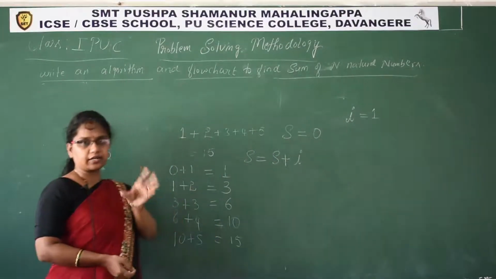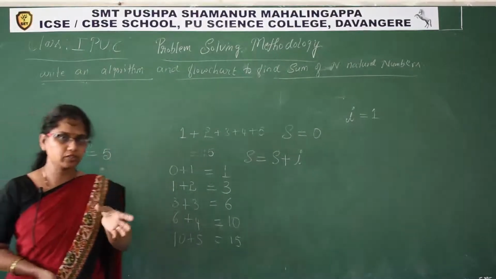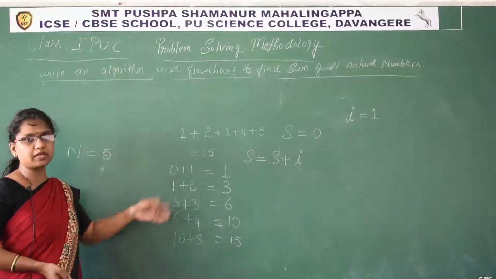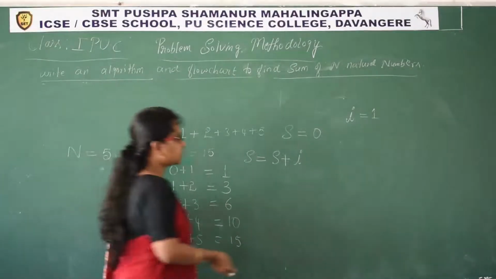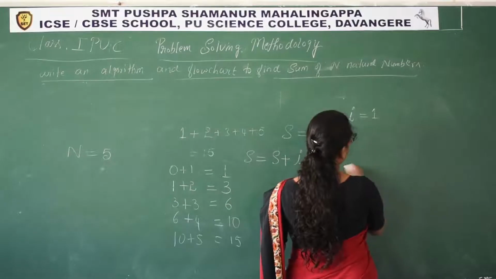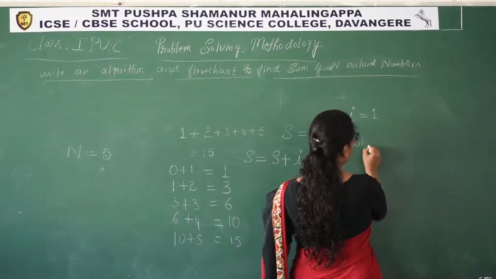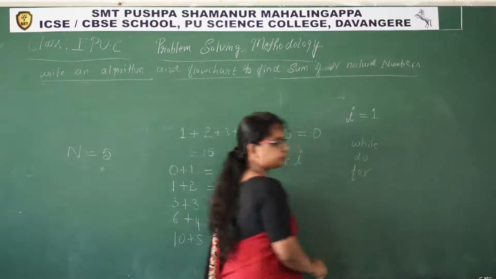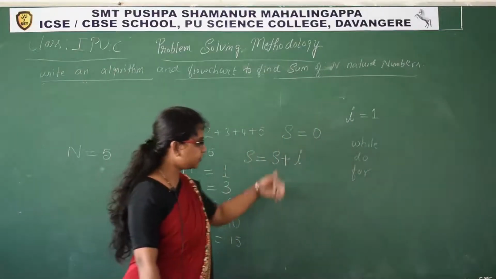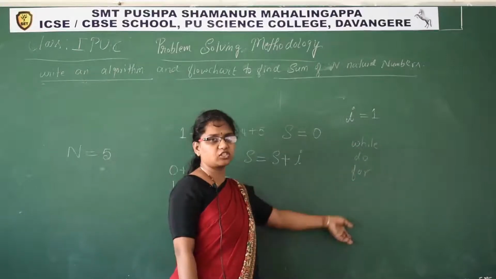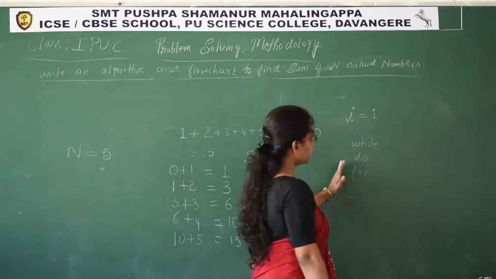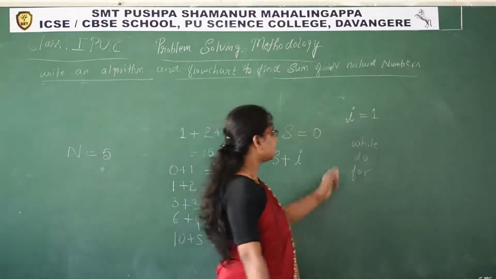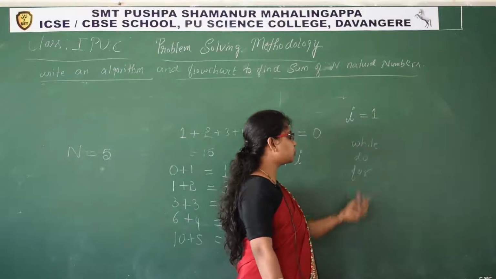So there is a construct in the programming language. Here in the algorithm we should use the same construct. What is that construct? Looping statements. There are 3 looping statements: while loop, do while and for statements. So further we will discuss in detail in the upcoming chapters. Right now you have to understand there are facilities. Okay, what are the facilities? These are the facilities: while, do while and for.